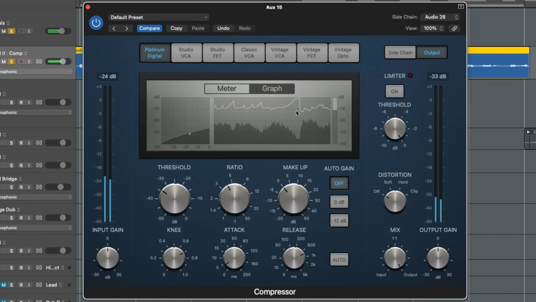So you can see the sidechain happening here, the reverb ducking when the vocal comes in